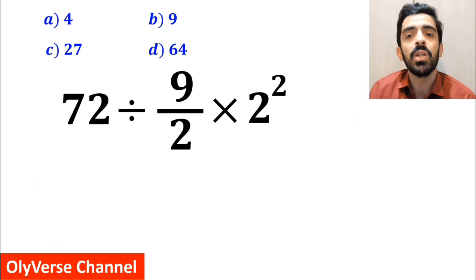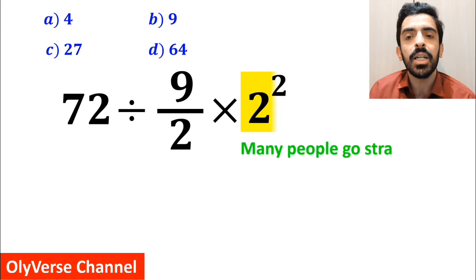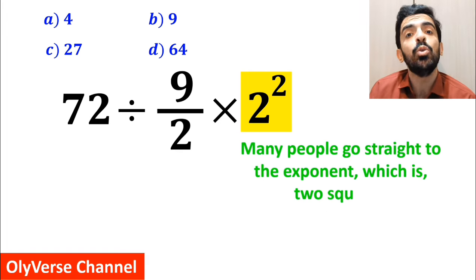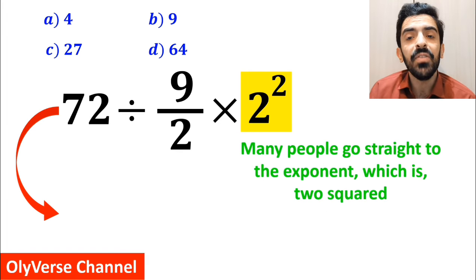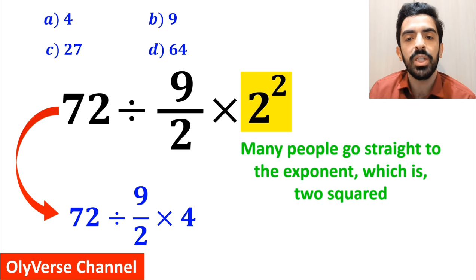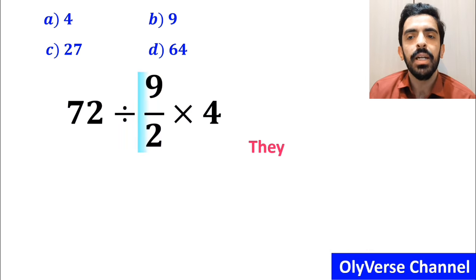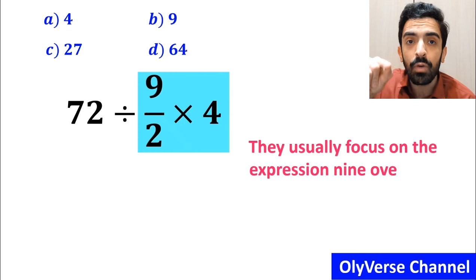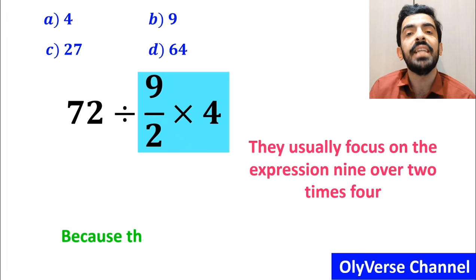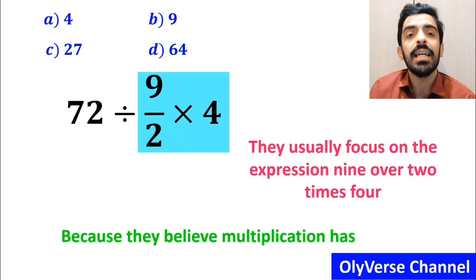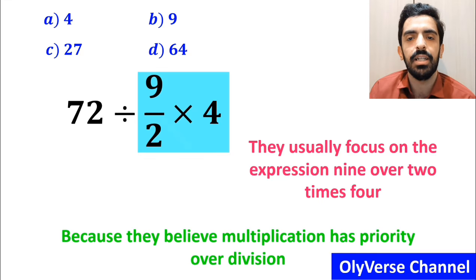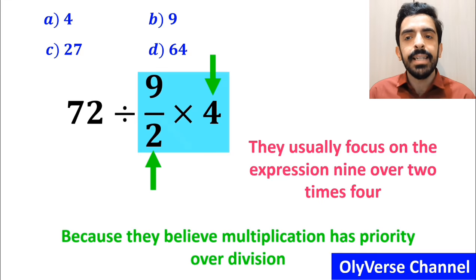And the first step of solving this question, most people go straight to the exponent, which is 2 squared, and they simplify the whole expression to 72 divided by 9 over 2 times 4. And the next step, they usually focus on the expression 9 over 2 times 4 because they believe multiplication has priority over division. Alright, as you can see in the image, they very easily cancel out 4 with the 2